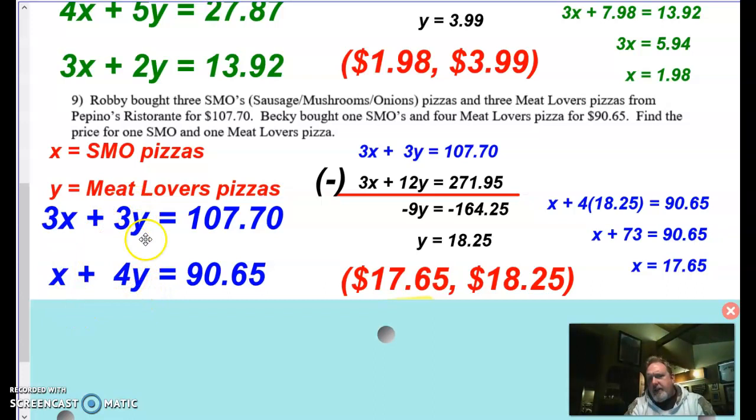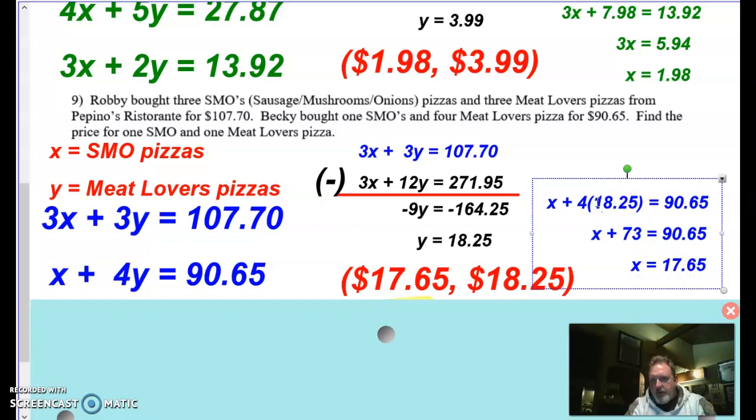So again, you can see that X and Y, they're not going to cancel out. So I got to multiply this bottom one. I multiplied by 3. And that results right here. Again, because they're the same, I'm going to subtract. If you multiplied by -3, then you would already have opposites and you could add. When I solve for Y, I get 18.25. And then I plug that back into this equation here. So I put 18.25 in for Y, and X wound up being